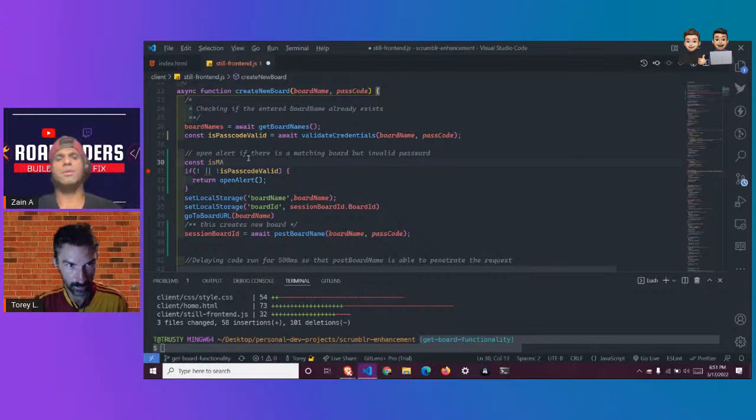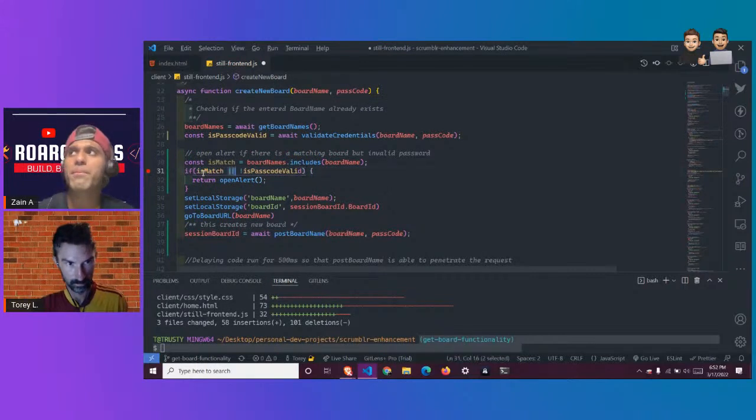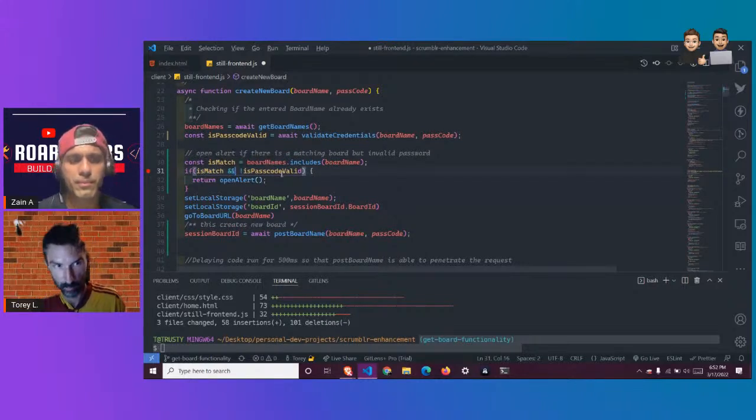I can't type. So if you're going to do "and," that would mean that even if the board, say the board is present, this would say the board is present but the password is wrong. And the password is wrong. Board is present and the password is wrong. So for them both,